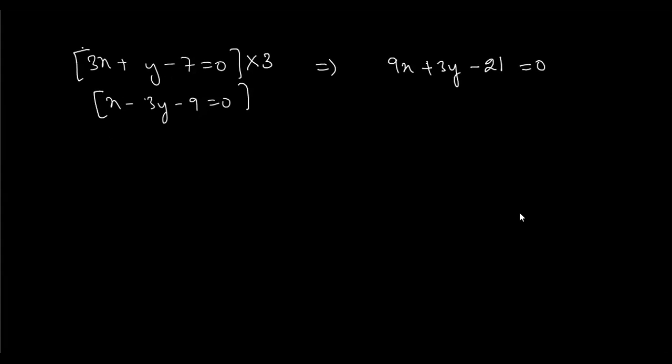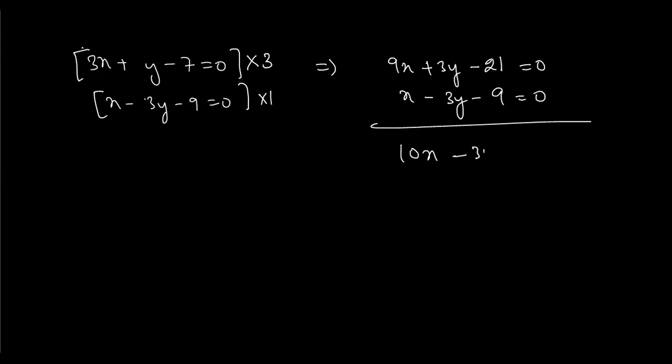Okay, and the second equation is actually here. We have to write here into. Okay, so this one you have to multiply only by 1. You can write here x minus 3y minus 9 equals to 0. So adding these two, you will get here 10x, and adding these two, you will get minus 30 equals to 0. So x is equals to 30 will go to that side and it will become 10, and this will cut, so we'll get here x is equals to 3.